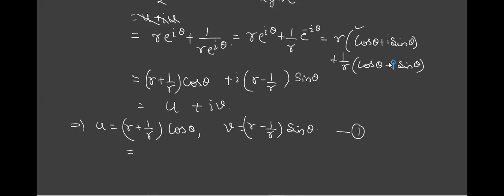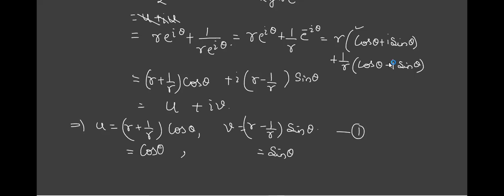Sin square theta plus cos square theta is equal to 1. That is, cos square plus sin square is 1. So if I apply the concept, we cannot take r common at that time. Ultimately, I want cos theta to remain here, and similarly on this side sin theta should remain, so that if I square and add, it becomes 1. So theta will be eliminated.